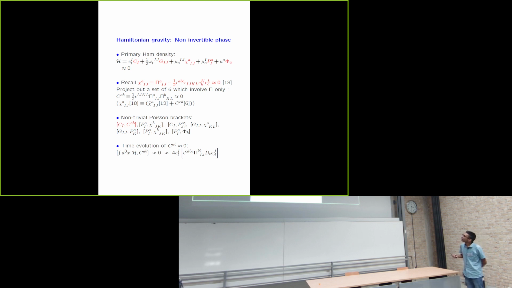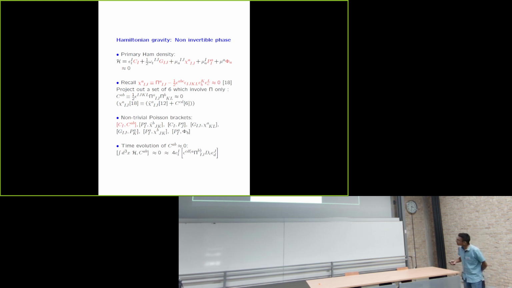So anyway, once you have this full set of constraints, it's easy to see what the Poisson brackets are, and in particular what the non-trivial Poisson brackets are. So these are the second class pairs, and I have marked the first one in red because this is the critical thing which would be useful for us. If you check the time evolution of this constraint, which has to be consistent because it has to give 0, you end up with this expression. Now in standard Hilbert-Palatini gravity for invertible tetrads, you have this piece which gives you another secondary constraint. And this is arbitrary.